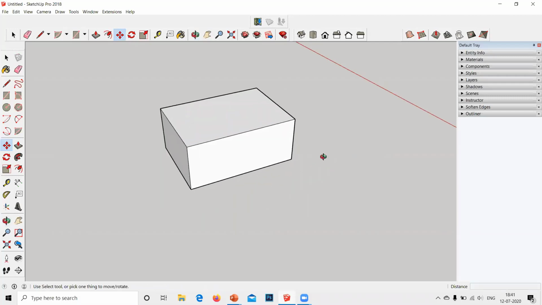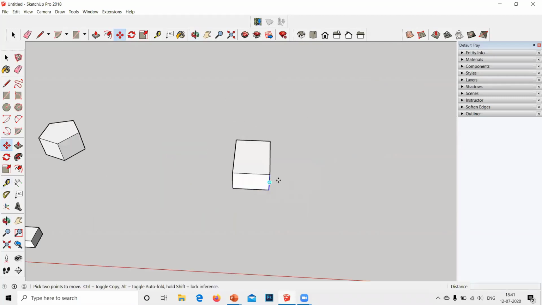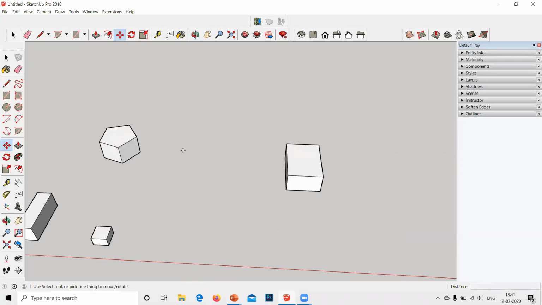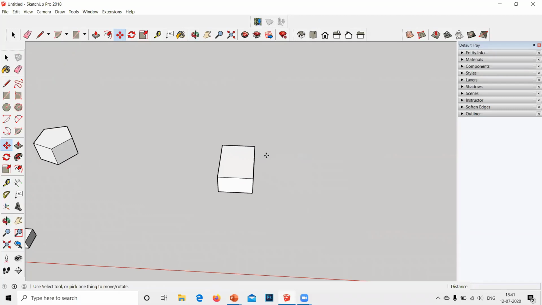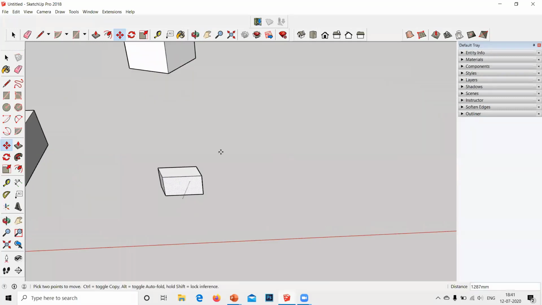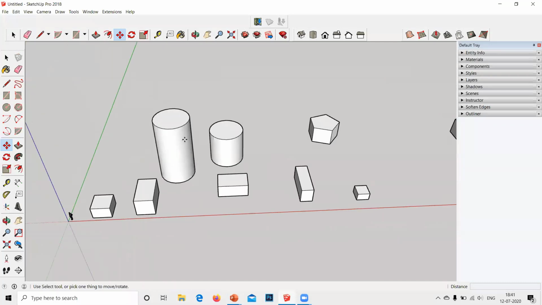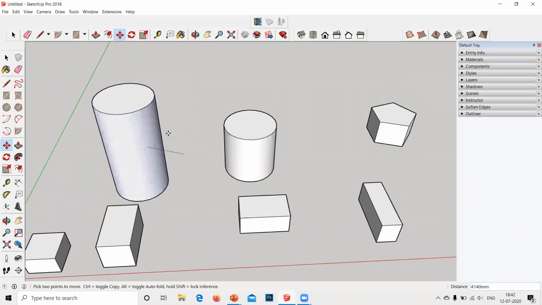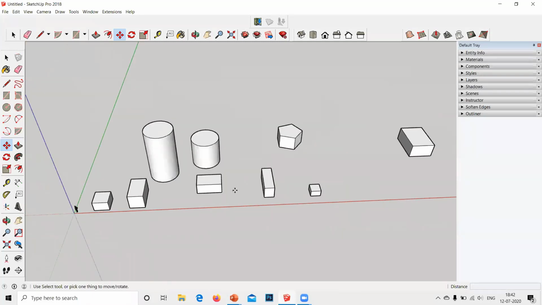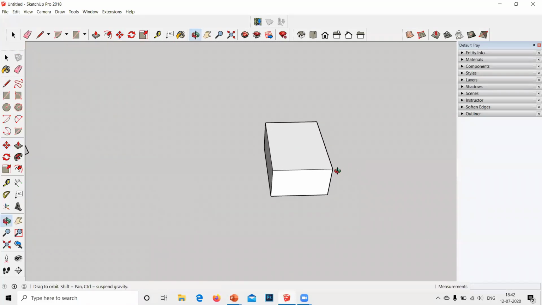So we don't want that. We want to move this whole thing, just like this pentagon was moving from here to here. Pentagon is a different kind of shape, that's why it's working like that. But a rectangle or a square, this won't move. Okay, even if you try to move a cylinder, yes, it will work, but not a cuboid or a cube. So why is this happening?